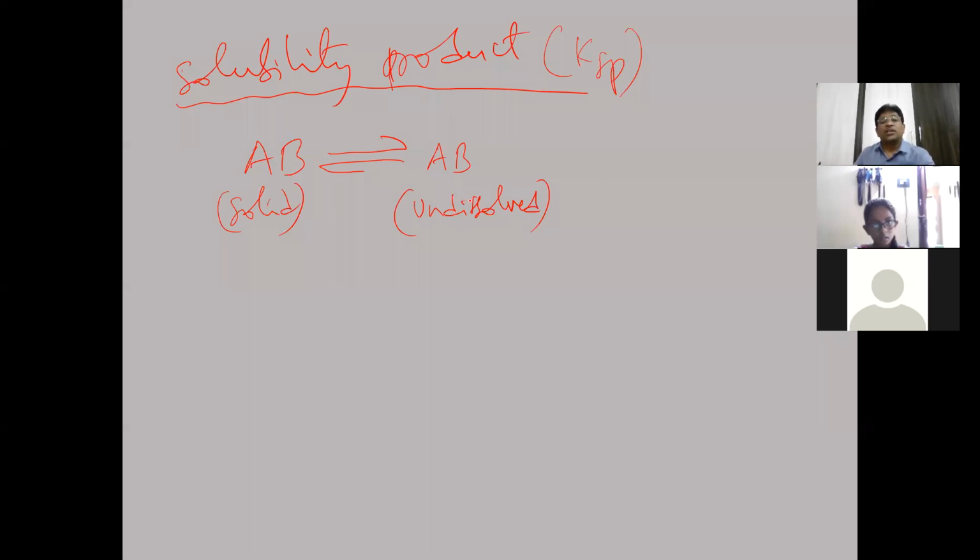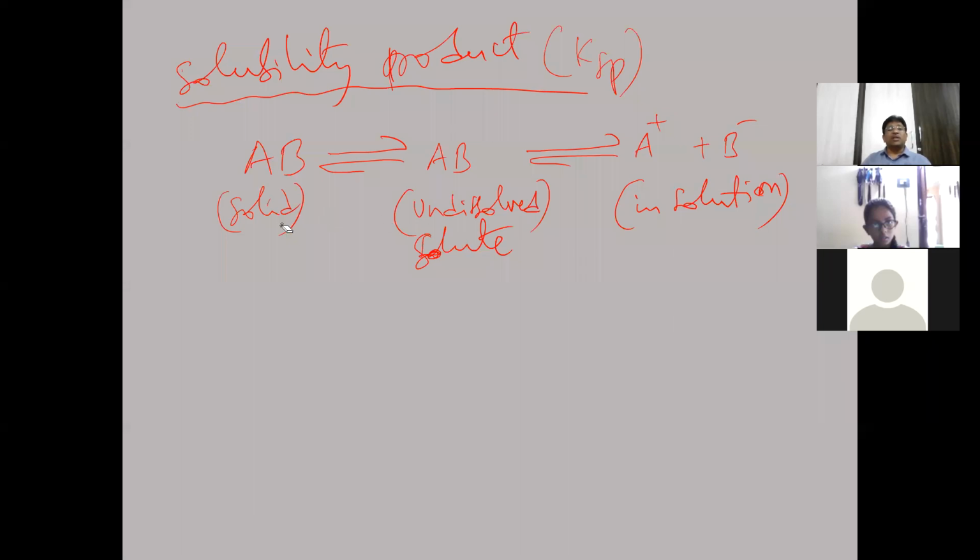Undissolved AB is left over. Again, some quantity of AB will be dissociated into ions, A plus ion and B minus ion. So A plus and B minus will be forming from the undissolved solute. These ions will be in solution. In the solution, the ions available are A plus and B minus, and at the bottom of the vessel, undissolved solute will be present.